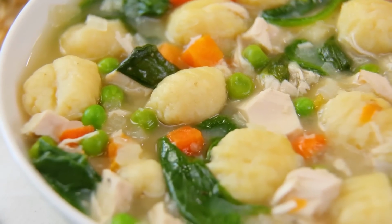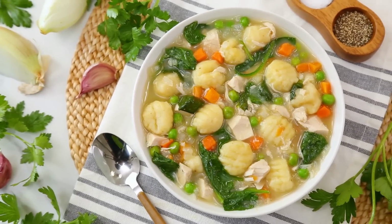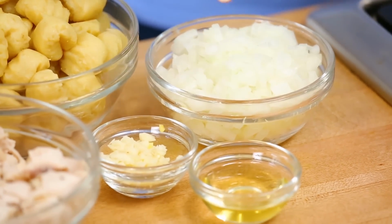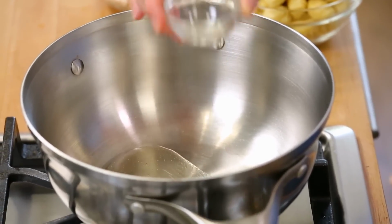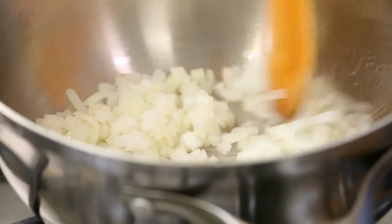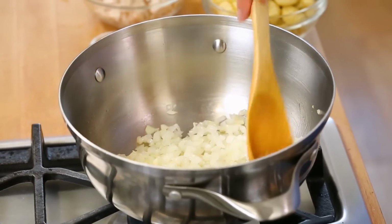Finally, to make a comfort food classic even simpler, I'm going to be whipping up a batch of chicken soup with some amazing gnocchi. The only chopping required in this recipe is an onion and a single clove of garlic. The rest of the recipe comes together using supermarket cheats. I've got a little bit of oil heating up in a soup pot on the stove, and as soon as that oil is nice and hot, I am going to saute my onion until it's nice and soft, about 2 or 3 minutes. Then I'll add my garlic to the pan and let that cook up for another minute or